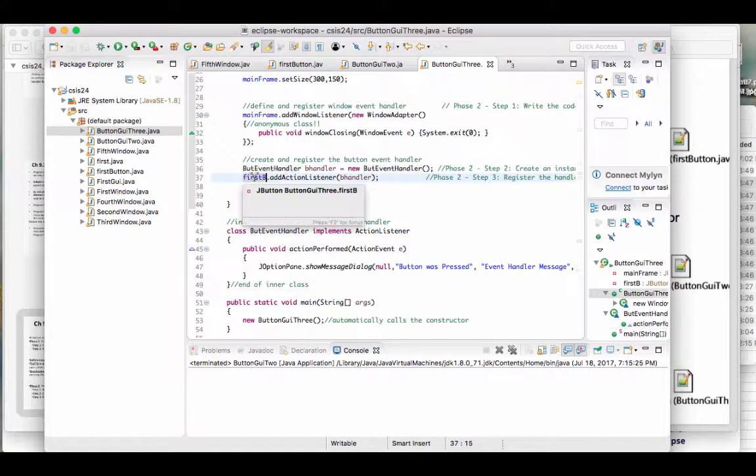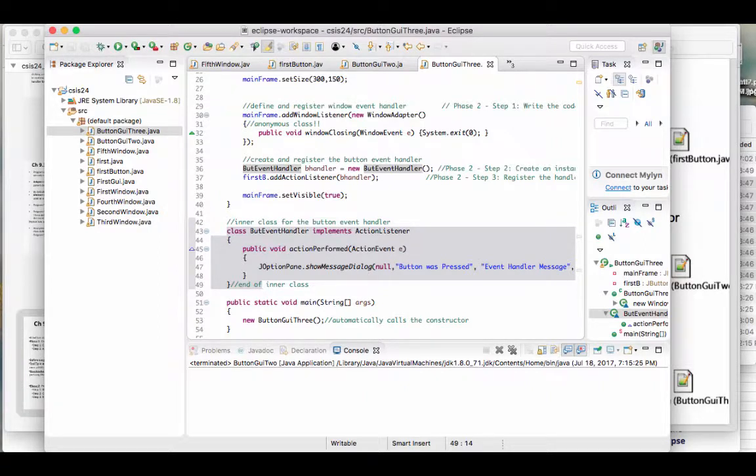So right here is my button. I'm telling it add action listener, which one is going to be my action listener? The B handler, which is of this class type. So basically the end result is when I run my program